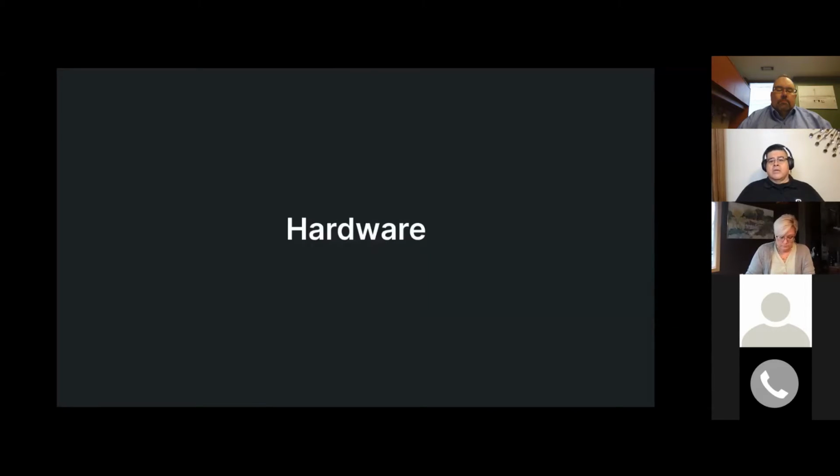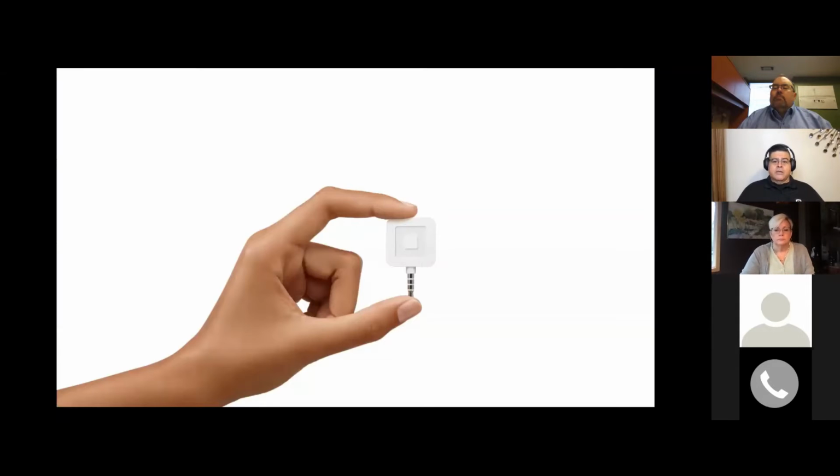All right, so chatting about payments, right? Let's talk about how folks are taking payments. One of the more common ways is going to be our hardware. So much of Square's early history revolved around this little guy right here, the little white reader that you've probably had your card swiped with, or maybe even used yourself. This reader still to this day solves the most critical need of any business owner, which is the ability to